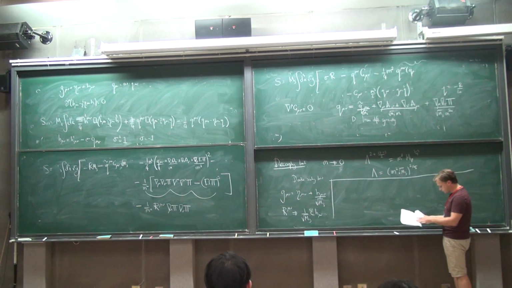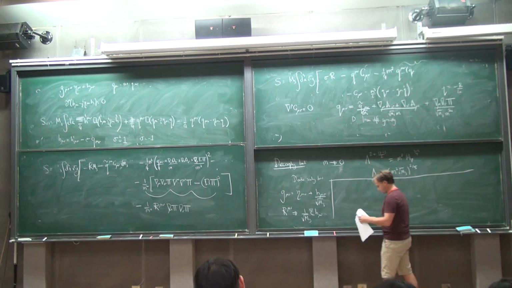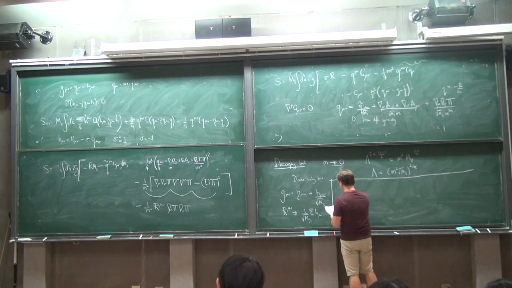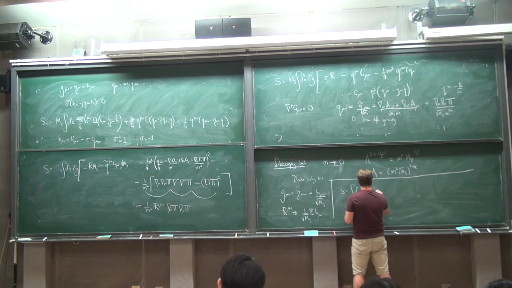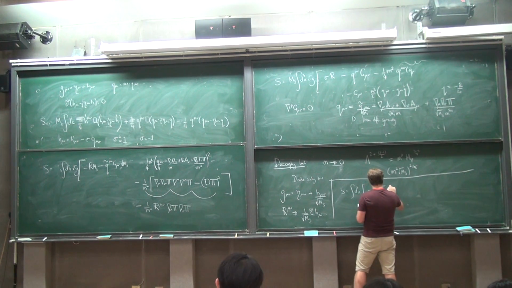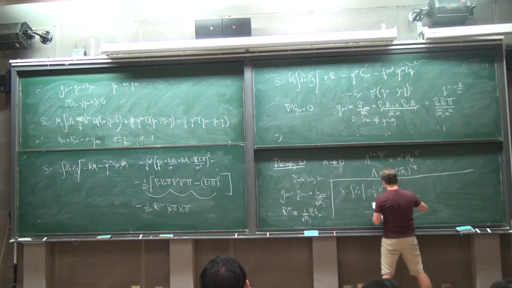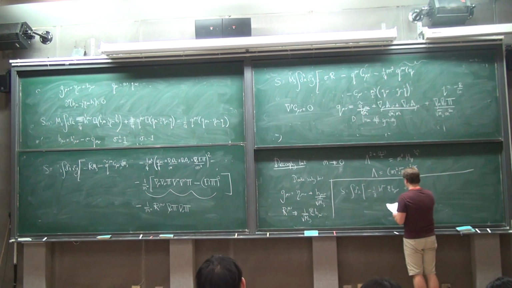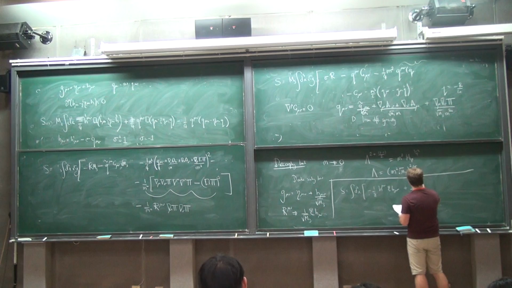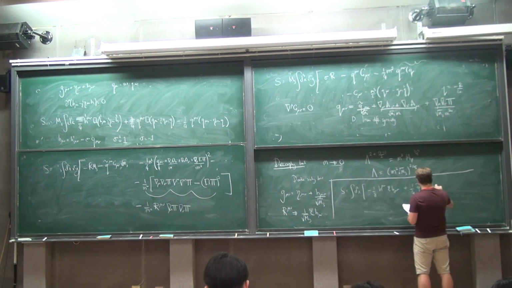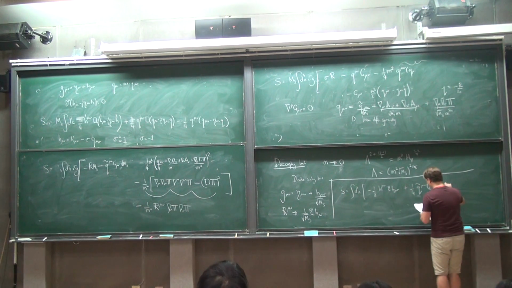So to cut a long story short, once you've taken that decoupling limit, what you get is this helicity-2 mode coupled to Q tilde and